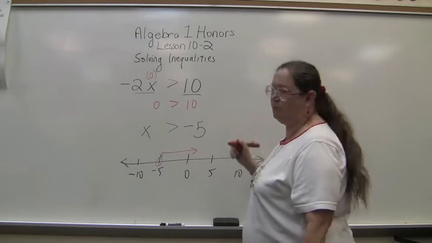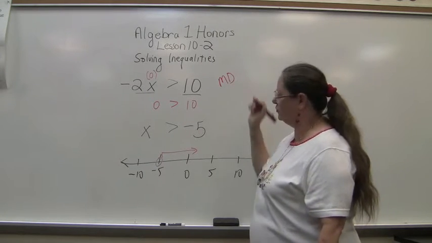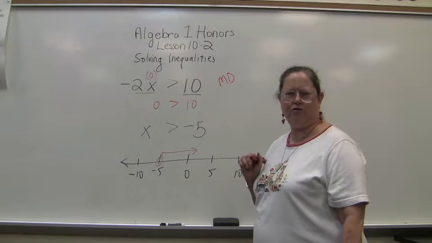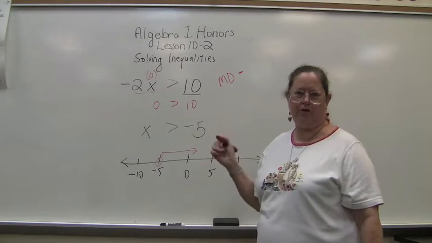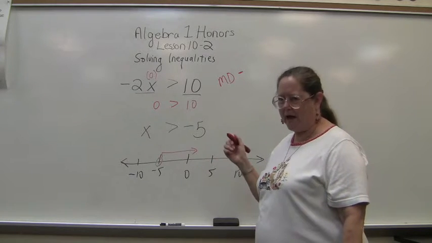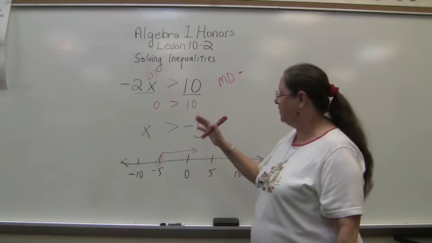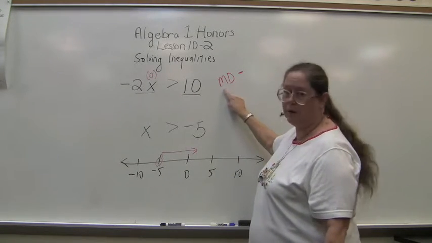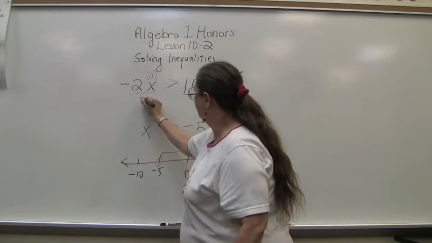Okay, so I tell my guys to remember it by saying multiplying and dividing. That looks like a doctor name, right? Medical, MD. And it has to be a bad doctor. It has to be a negative number that you're working with. So the bad doctor, the mad scientist, comes in, and when you divide or multiply by a negative number, which is what we did here,